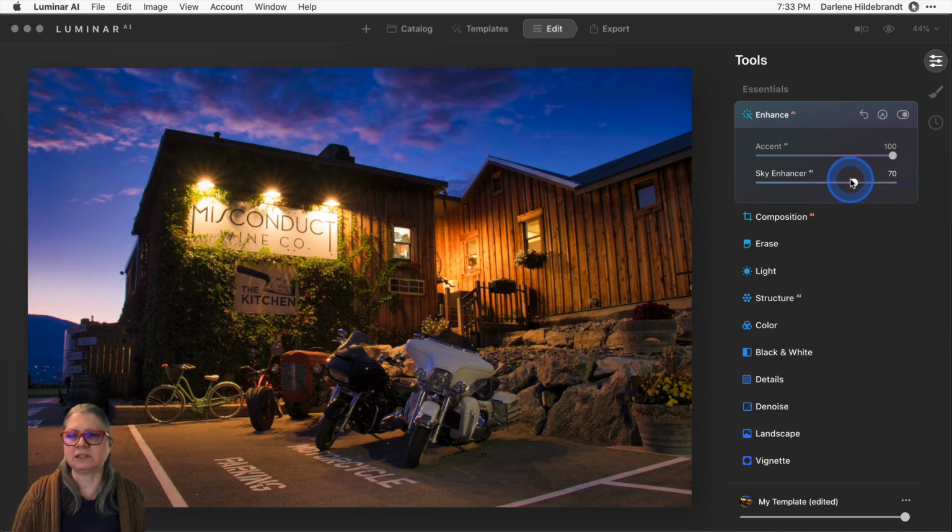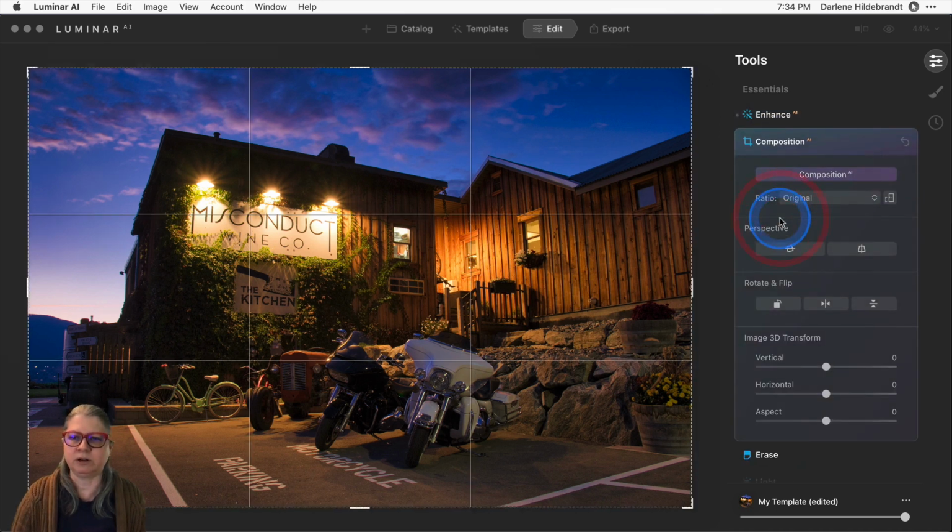So I'm going to scale the sky one back a little bit because even though it's doing a really nice job, I could probably pick up some of those details in other ways without gaining that extra saturation. But the Accent AI, I'm going to leave pretty high because it's done an exceedingly good job here. And literally, I'm just going to continue down the row here.